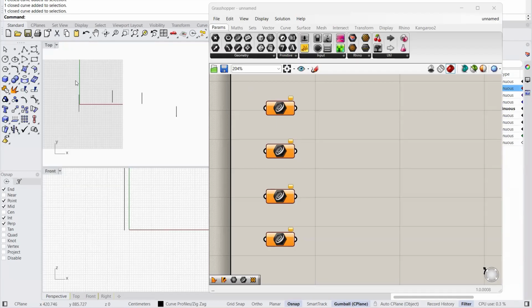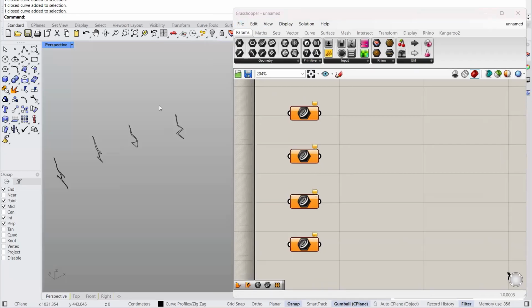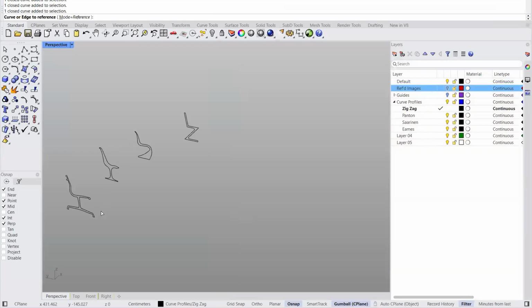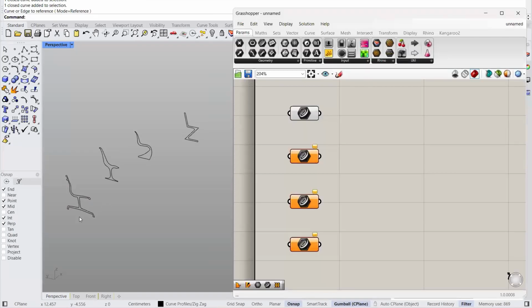So if I were to look at the top view, of course, we have these left to right, and this is top to bottom, but hey, as long as we're keeping this consistent. So I'll start with the Eames chair. Go to the empty container, right click, and select set one curve, and that minimizes the window. And now you could select